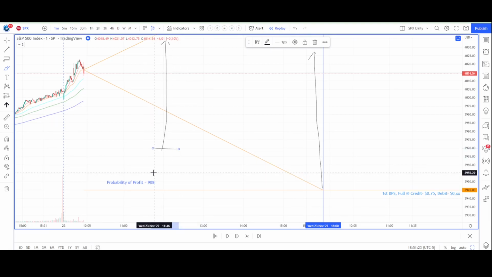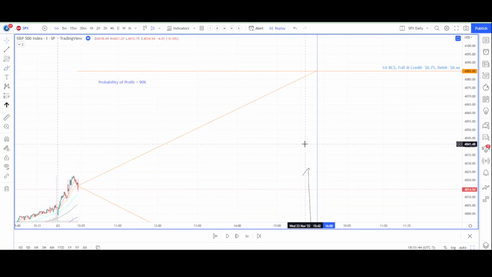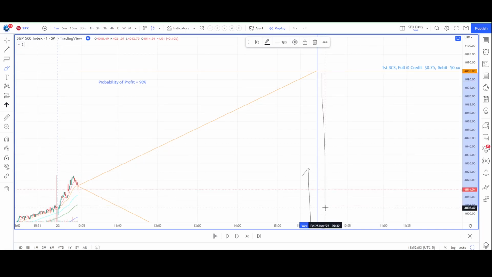initial 90%. From the perspective of the bull put spread, our range of profit goes from here to infinity, like we said before. The same can be said of the bear call spread. We're looking at the bear call spread, again, assuming that we have received 75 cents net credit for the spread, and our probability of profit for this spread is, again, 90%. Well, from only looking at this bear call spread, our range of profit goes from 40.85 all the way down to 0.